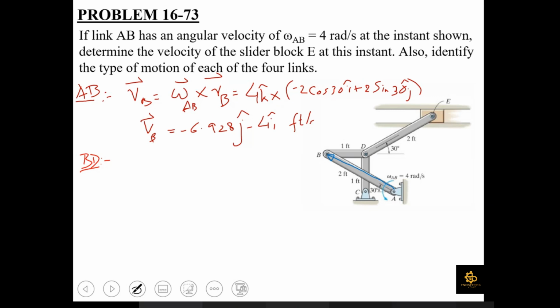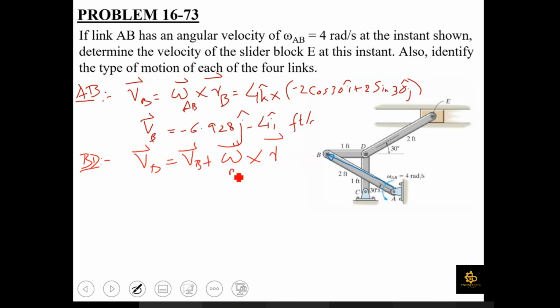B, D or B? B, sir. Since the motion of point B is known to us, in step number 1 we are going to make B our base point and write the relative velocity equation. The equation would become velocity of D equals velocity of B plus omega cross R, where